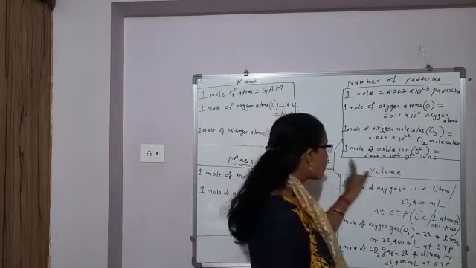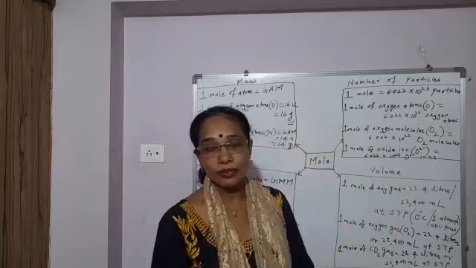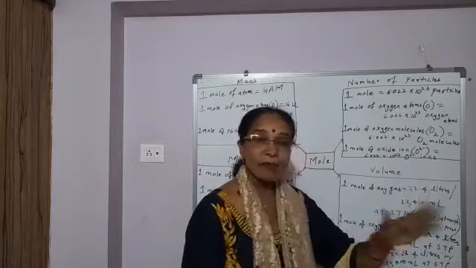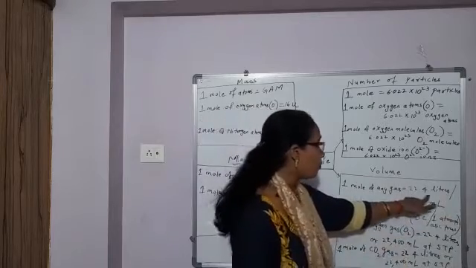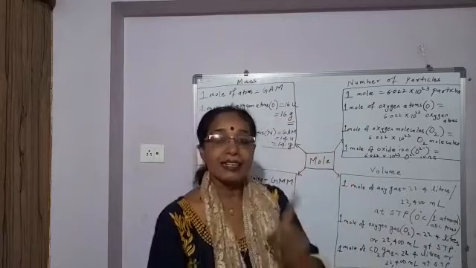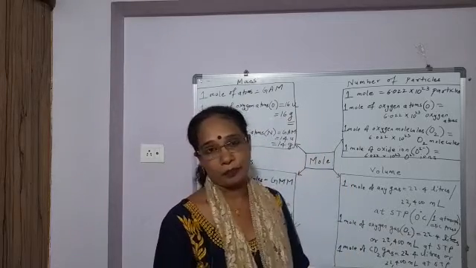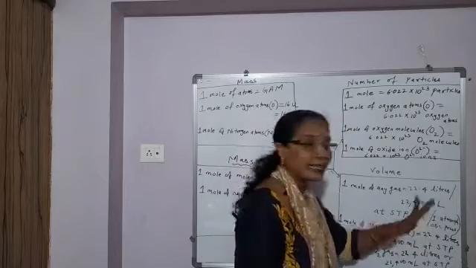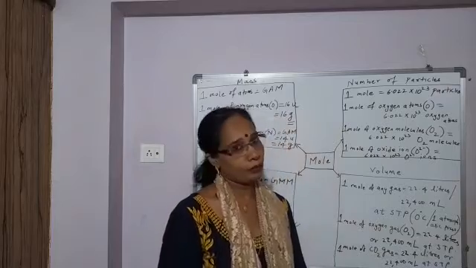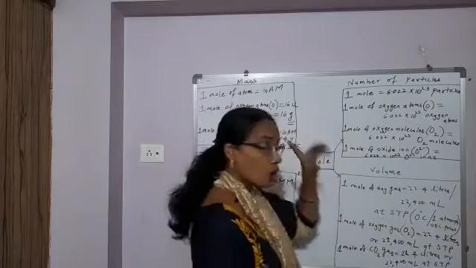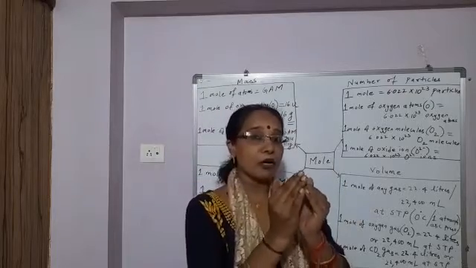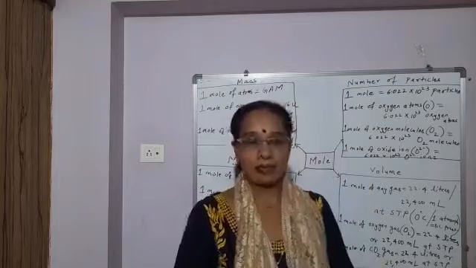And you can express mole in terms of volume, that is for gas. So, for any gas, 1 mole of any gas means how much volume? 22.4 liters or 22,400 milliliter at standard temperature pressure. And what is standard temperature? 0 degrees Celsius. And what is standard pressure? 1 atmospheric pressure. Okay. And what is mole? It is a bigger unit to express a definite amount of chemical substance.